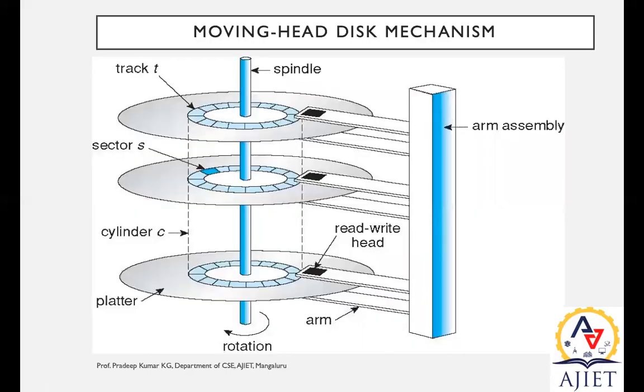So we'll see the disk structure or disk mechanism, how it is. In this diagram, we can see a detailed structure of a hard disk. Please follow my cursor. We have an arm assembly, which will have a number of arms. Each individual arm holds an individual platter, and each arm has a read write head on its top. What is its job? The arm assembly looks after each individual platter. Platters are magnetic coated discs.